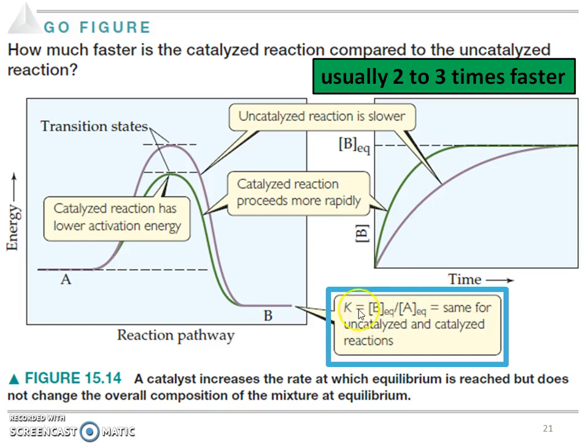Well, why doesn't it affect our K? Well, because our concentration of B and our concentration of A is going to be the same in our equilibrium. The catalyst just lowers that activation energy, taking that different route or that different reaction pathway, right? So it lowers how much energy is needed to get to products, but our reactants and products value are the